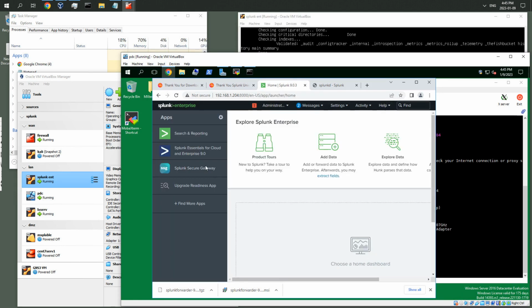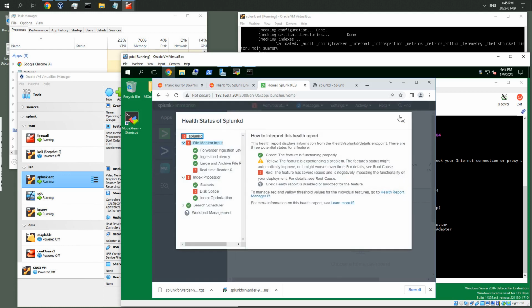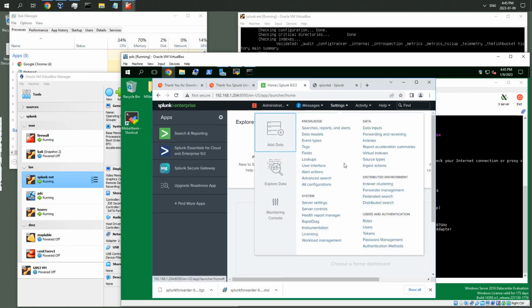So I need to reboot the server, and it's okay. Here it is. There are some problems here, but it's okay. We'll see after this. So I could go to the settings here, and I need to do the